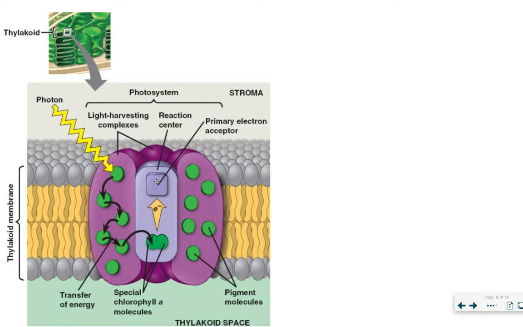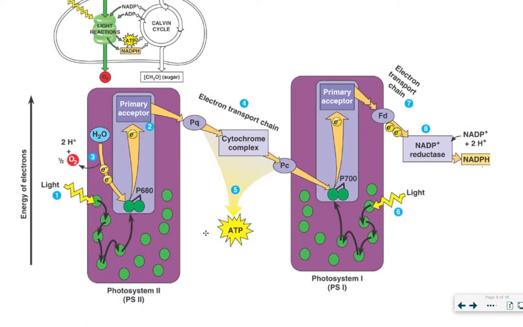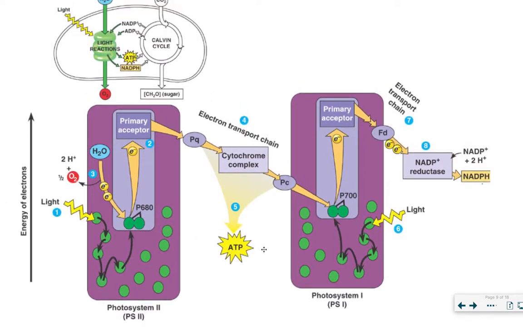Again, these photosystems, this is a general photosystem, but two photosystems and an electron transport chain are what make up the light reactions in the thylakoid membrane. Let's take a closer look at what the light reactions actually involve. So, like I said before, there are two photosystems that make up the light reactions, along with an electron transport